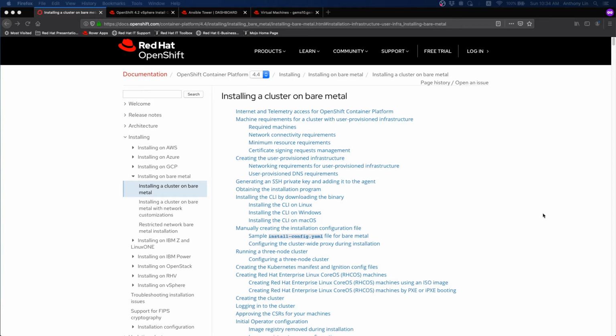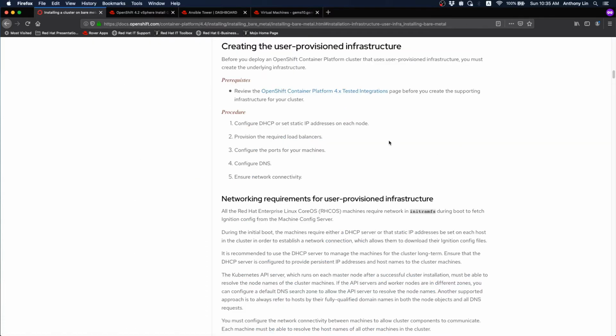Hi everyone. In this demo video, we are going to demonstrate how we can make use of Ansible Tower automation to drive the installation of the OpenShift container platform 4.4 release on bare metal nodes. Before we start to drive the automation, we need to make sure that the user provisioned infrastructure is set up properly. One of those few things that you need to look out for will be things like DHCP